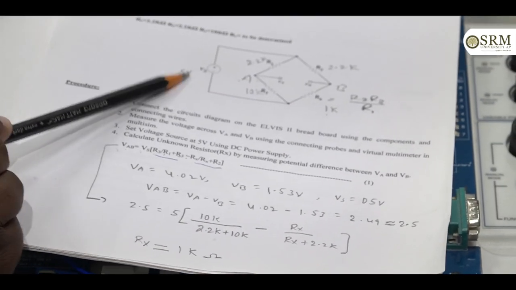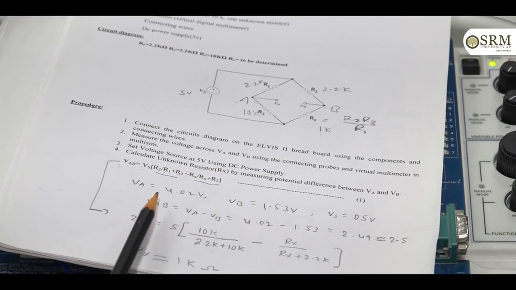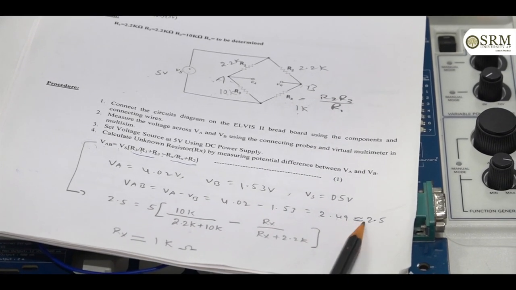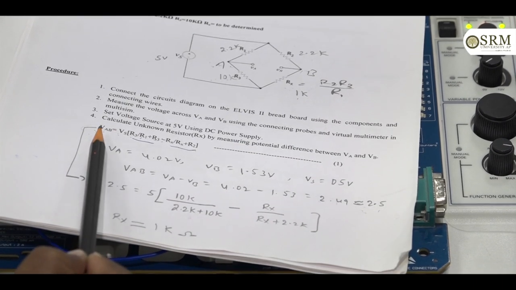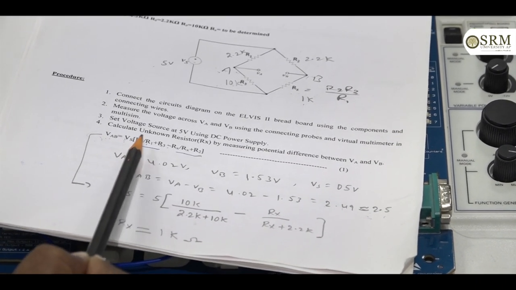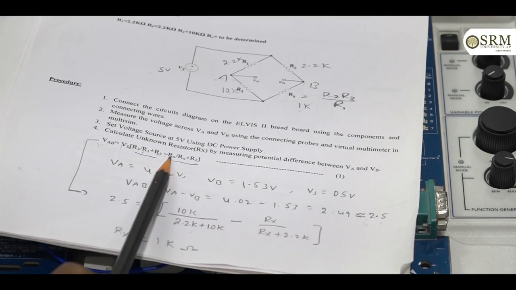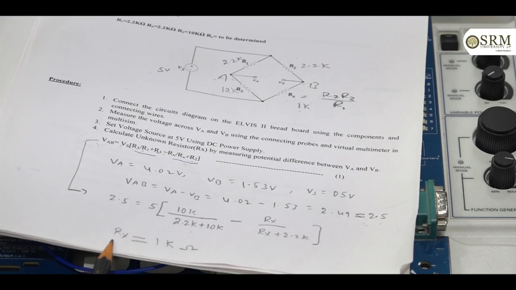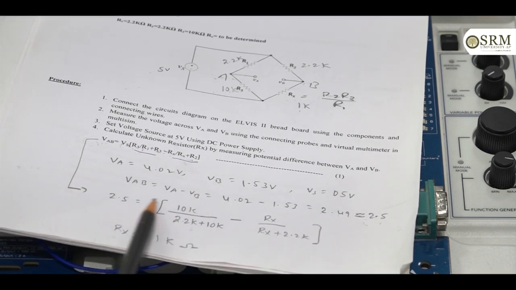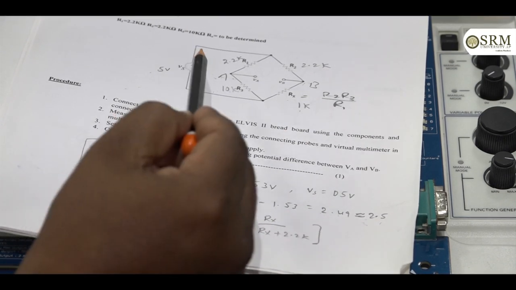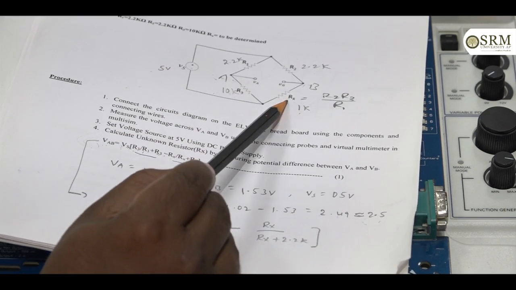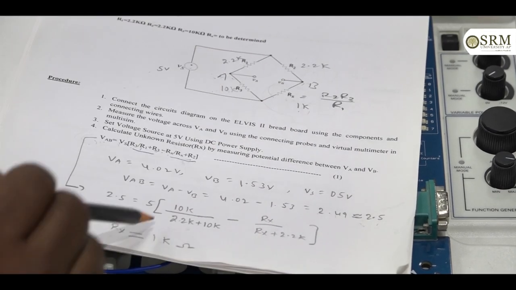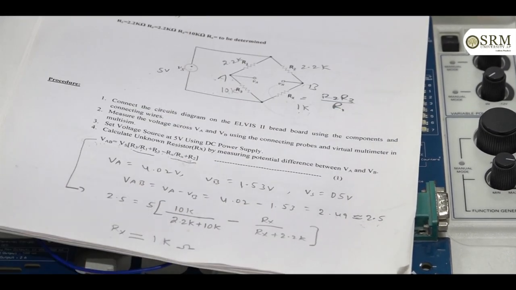Vs, 5 volts, is the supply, VAB is nothing but 2.49, approximately 2.5 volts. So we know the values of VAB, Vs, R1 and R3. We don't know the value of Rx, we know the R2 value. By applying the formula, we can get the value of Rx. So approximately we are getting the value 1 kilo ohm. By seeing the value of R4, nothing but Rx in the circuit, it is also 1K. So this is the procedure for finding that Rx value by using Wheatstone bridge. Thank you.